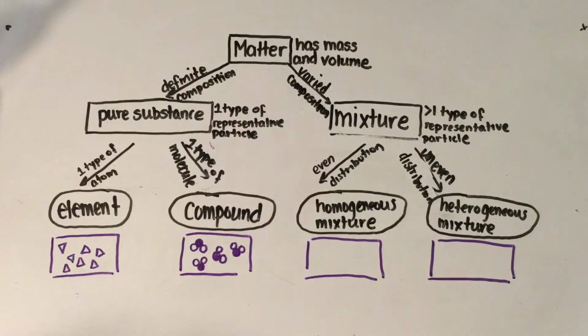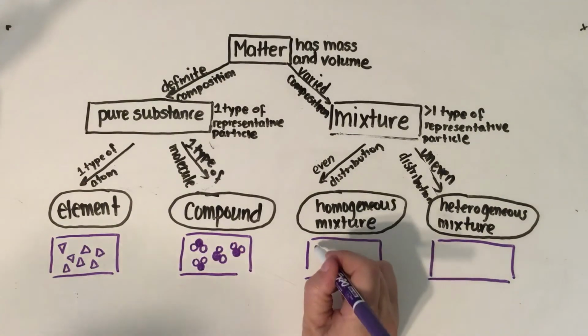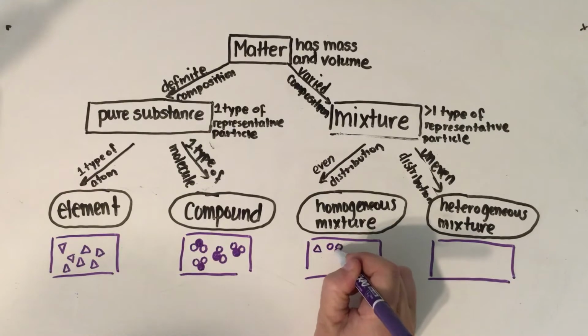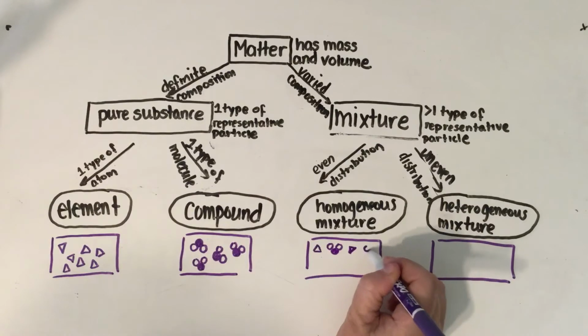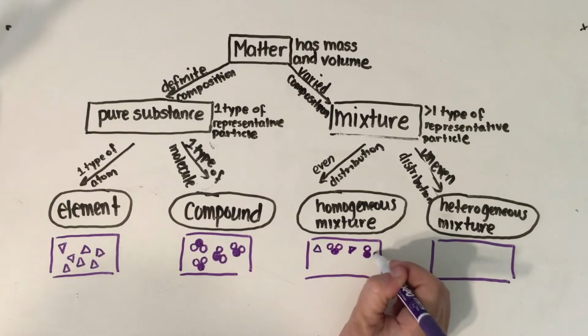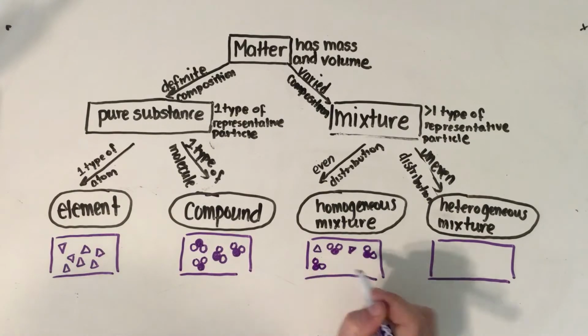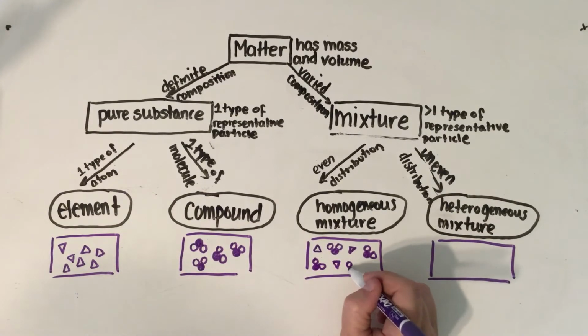If I combine these, then I could get a homogenized mixture as long as I have an even distribution of the 2. So think of it in terms of like a pattern. And it might not be a perfect pattern. Maybe the spacing is a bit off. But there's a definite attempt to make it look like these things are evenly distributed. That would be a homogenized mixture,